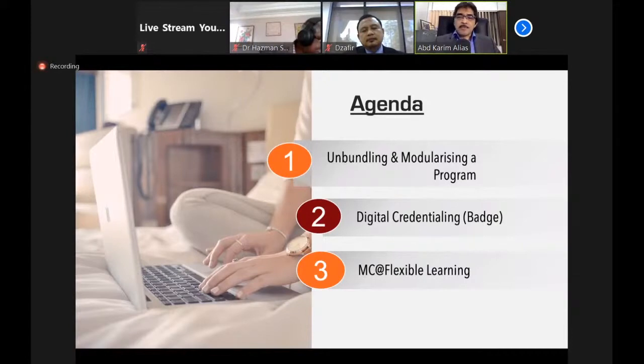And the final part, I'm going to briefly talk about how do we create a so-called learning path to bridge between the non-formal or the informal learning, where the students take the micro-credential modules and packages, and if they wish to get the formal qualification in the form of degree or diploma, then how to provide the alternative or the learning path for them. So those are the three things that I'm going to cover.